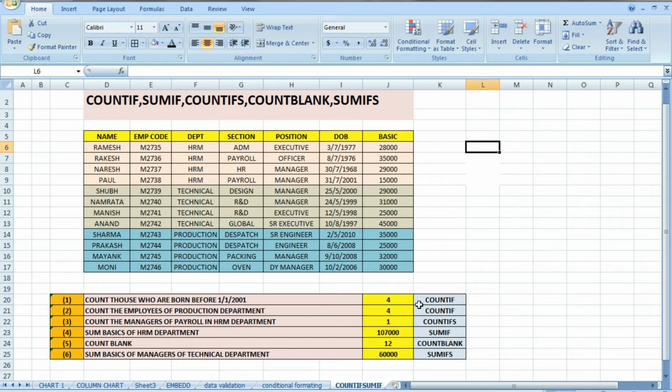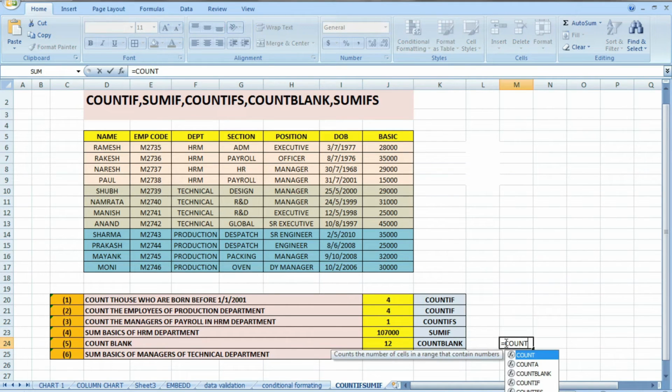Okay. Now we want to use the COUNTBLANK function. That is, how many blanks are there in one column. So for that we have to use COUNTBLANK. How can we use this? COUNTBLANK,